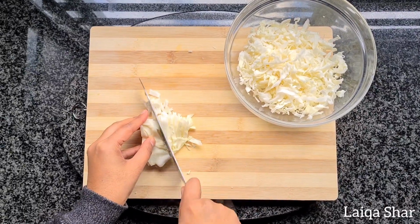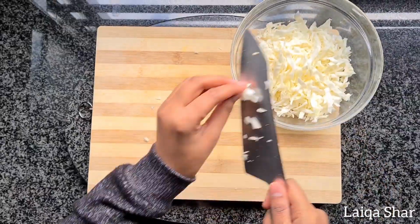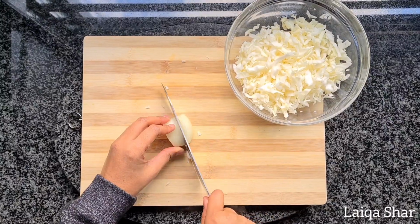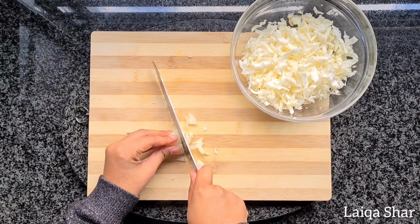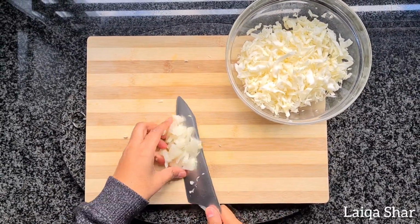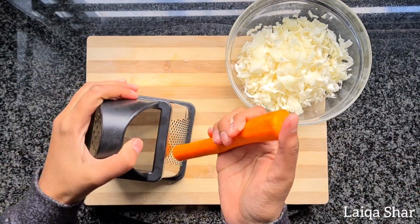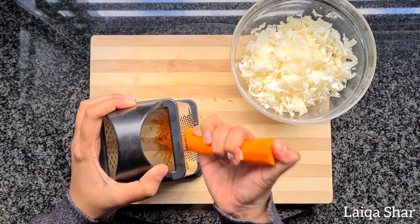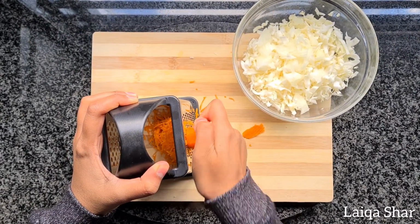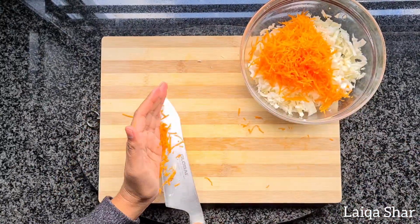To make your coleslaw, shred your cabbage and place it into a bowl. Rinse it and drain well. Then finally chop your onion and add it to your cabbage, along with 1 carrot grated on the finer side of the grater. Place the carrot in the bowl